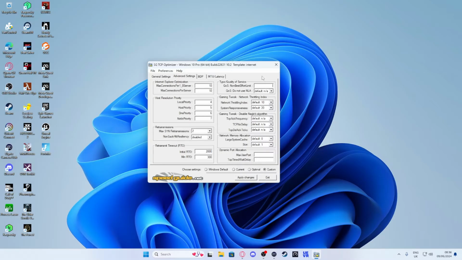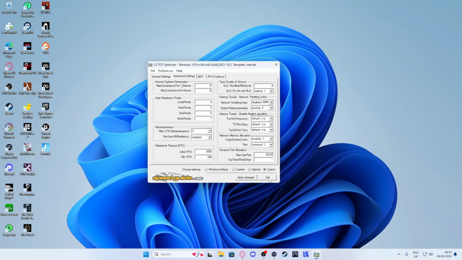You want QoS be set to 0. You want the other one underneath to be set to optimal 1. You want disabled for this one, which is all the Fs. You want gaming, which is 0. You want this one to stay as default, this to stay as default, this to stay as default. So don't touch them ones, leave them as they are. You want the one underneath to be enabled 1. And then you want this one to be optimized 3. And then you want this to be set as